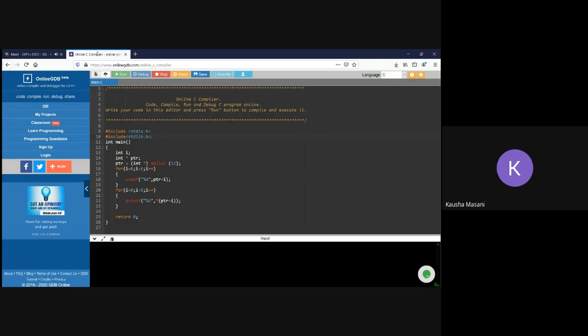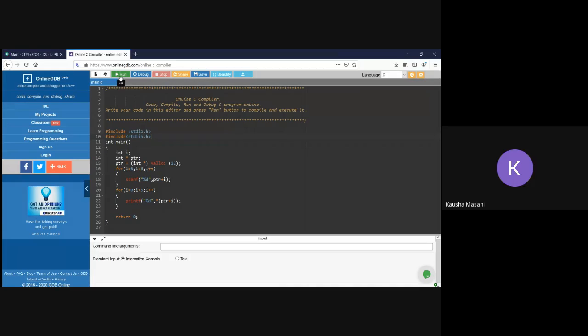Is it visible? Yes, it's visible. Run your compiler. What error is it showing?